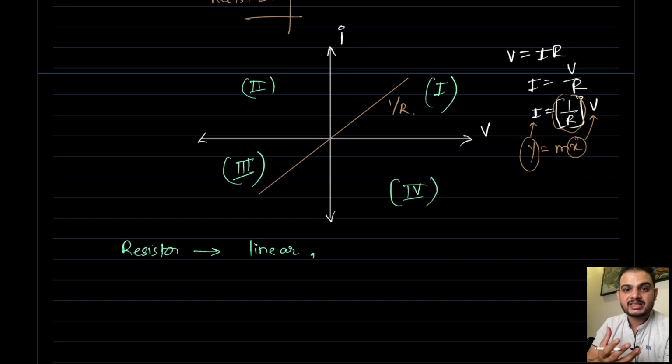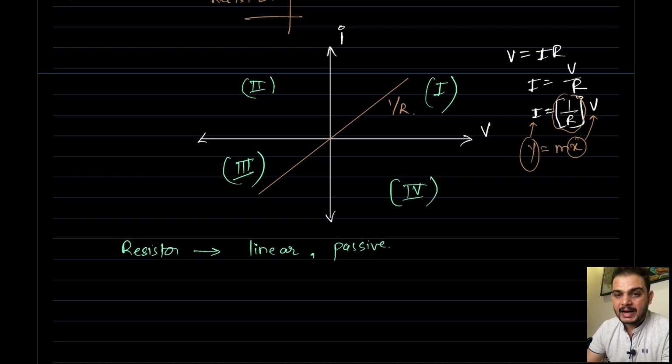It always dissipates electrical energy in the form of heat. That's why it is considered a passive element, which dissipates heat. It is a bleeder. The resistor is considered a bleeder of an electric circuit because it bleeds out electrical energy in the form of heat, in the form of loss. That's why the resistor is considered passive, and it is a bilateral device.